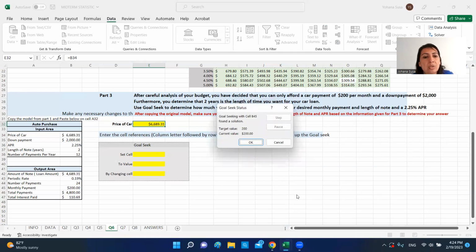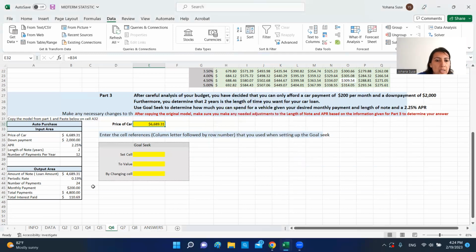And it's going to play with the numbers until it finds the correct value. So our target was 200, and it found it. So the actual price of the car that we can afford is $6,689. And that's going to give us a monthly payment of 200. So what did we change? We set the monthly payment, which is B45, to a value of 200, by changing the price of the car, which is in B34. And that's it for this